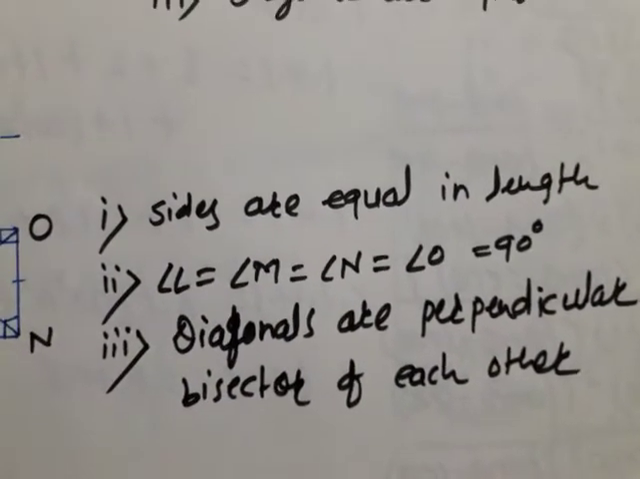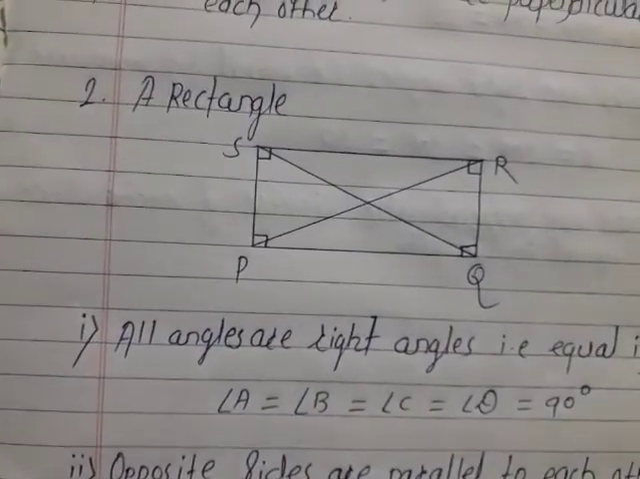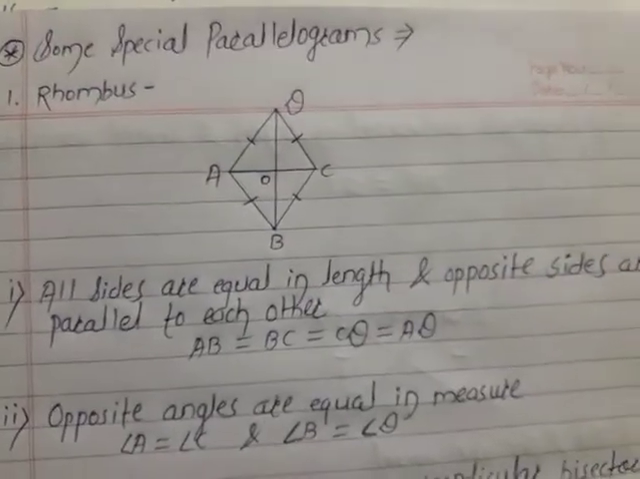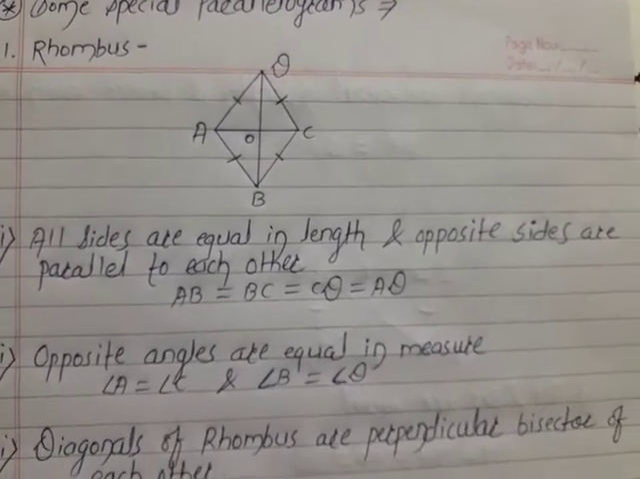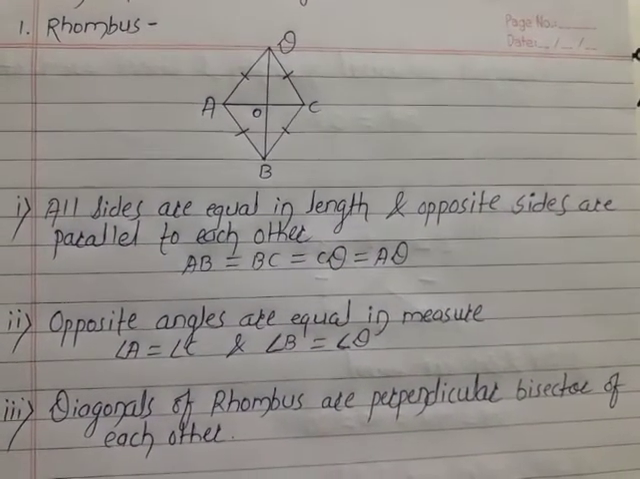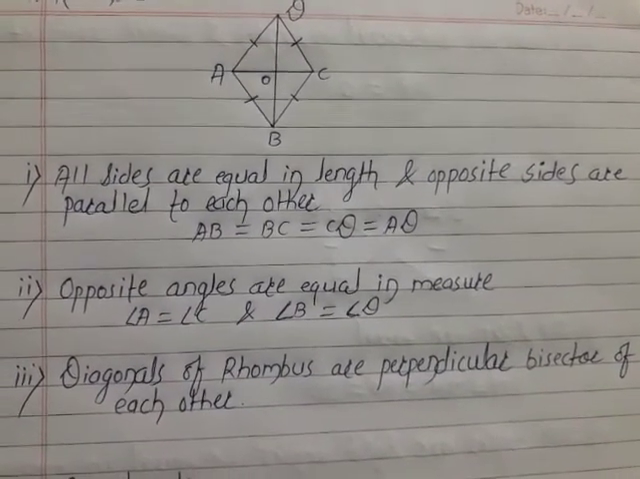I will show you the notes page for your better understanding. It will help you for understanding. Look here, once again I will explain this. Here I have shown you three special parallelograms. First one is known as the rhombus. Look there, properties. First property I have written here: all sides are equal in length and opposite sides are parallel